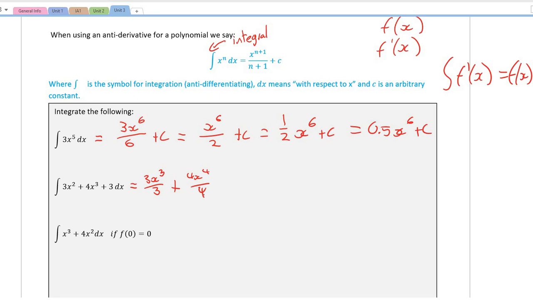3x over 1, technically. I'm not going to worry about writing that. If I was differentiating a number, how can I get just a constant left over? What would the x value have to be to get a constant left over when I'm differentiating? So if I had y equals 3x, what's y dash? 3. So if I'm now going backwards and I say y dash equals 3, what does the original